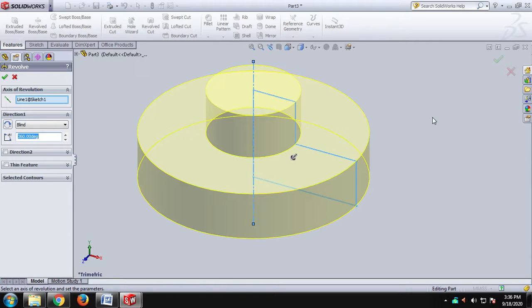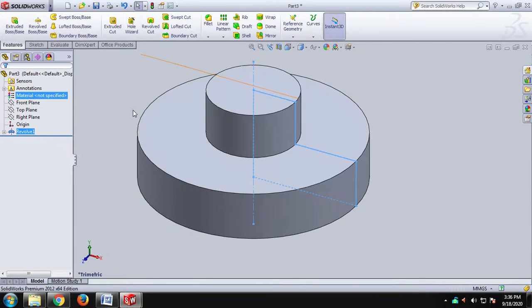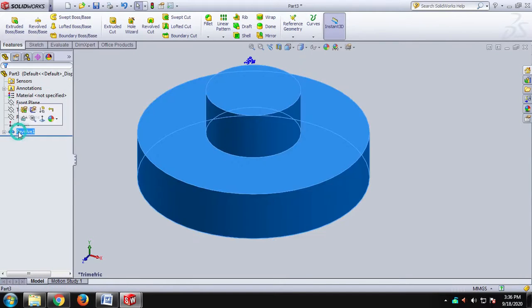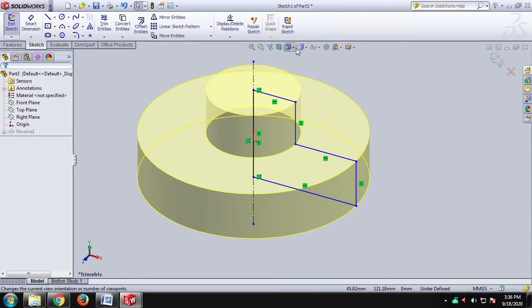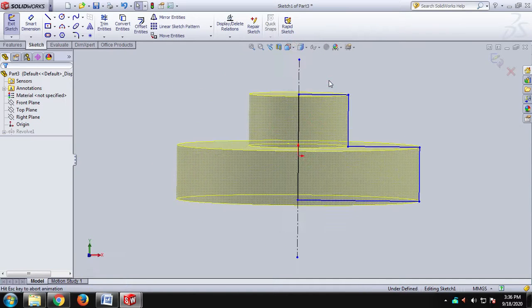So here I have a solid component. If I want to create a hollow component, I will draw a line in between.